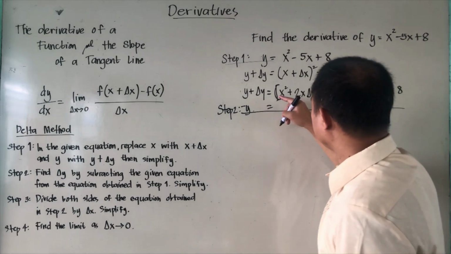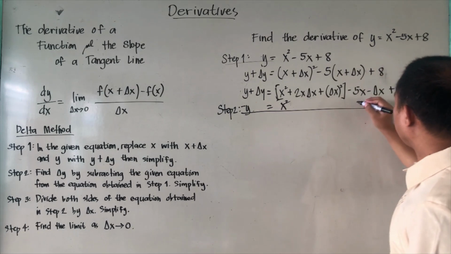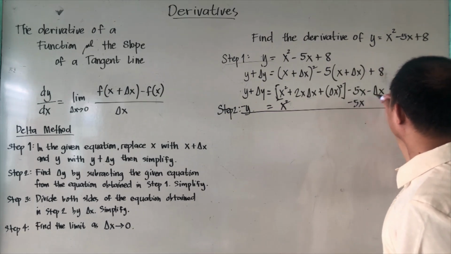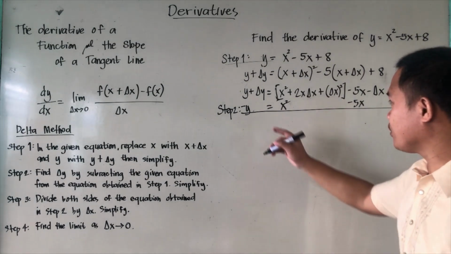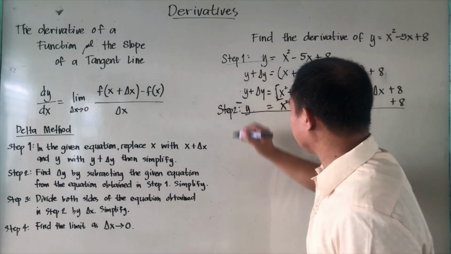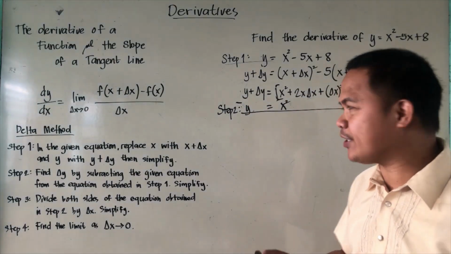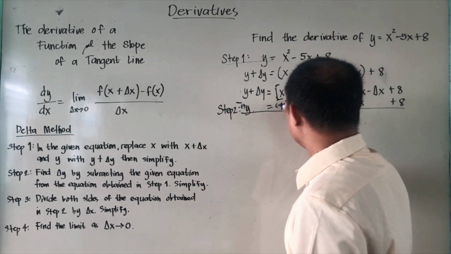So we have x squared minus 5x plus 8. Are you following? So ito na po yun, we need to subtract. So change the sign of the subtrahend, then proceed to addition. That will give us